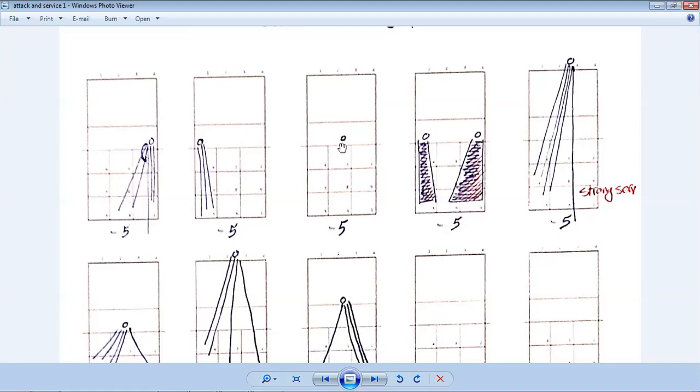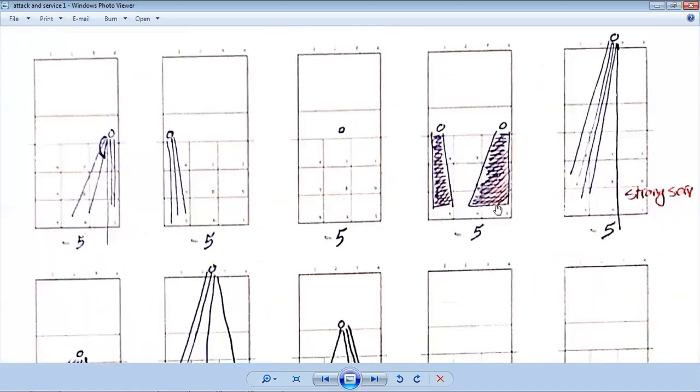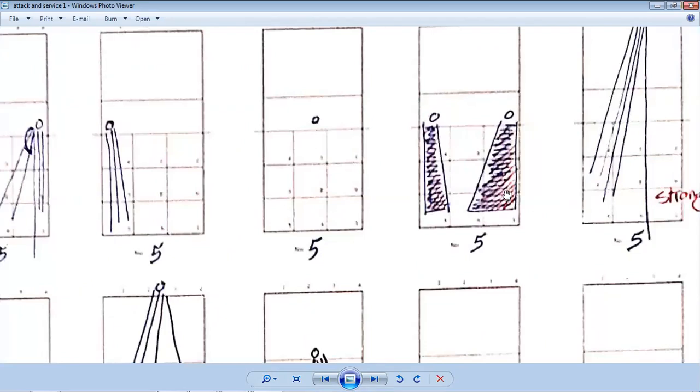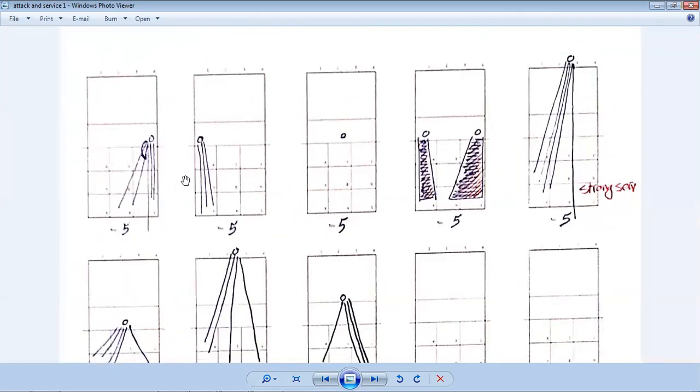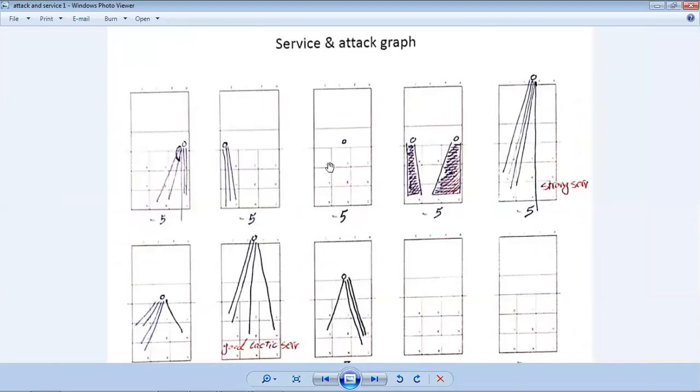Here I use blue, but I think you cannot see that. From these three, we can get this one: from position 4, this direction, from position 2, this direction. And with this analysis, we can give good advice to our blockers for number 5,